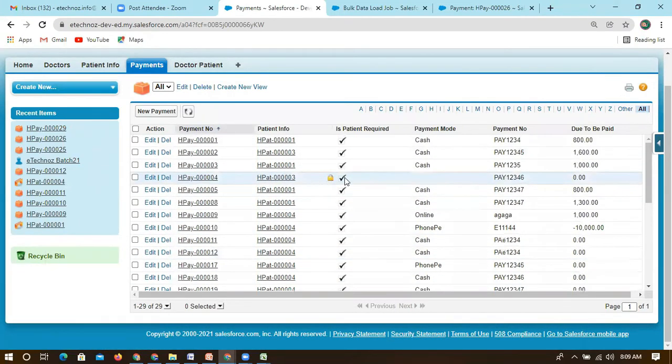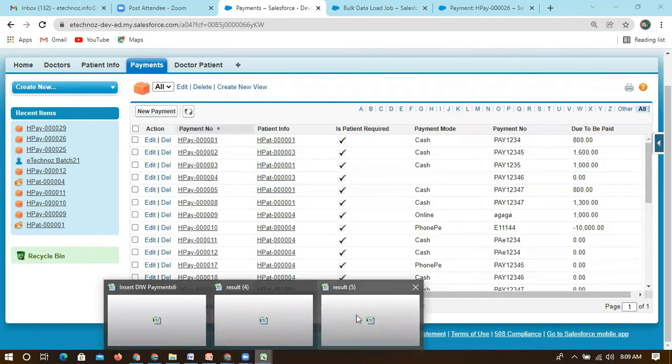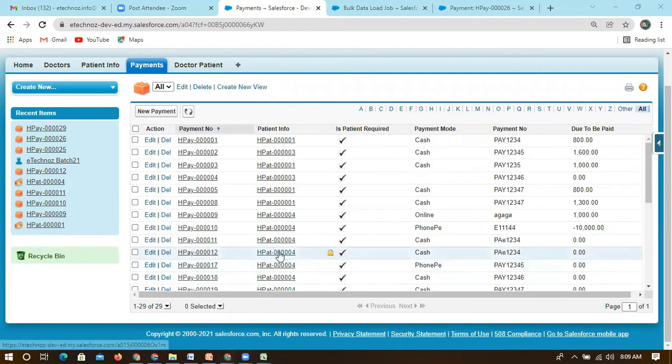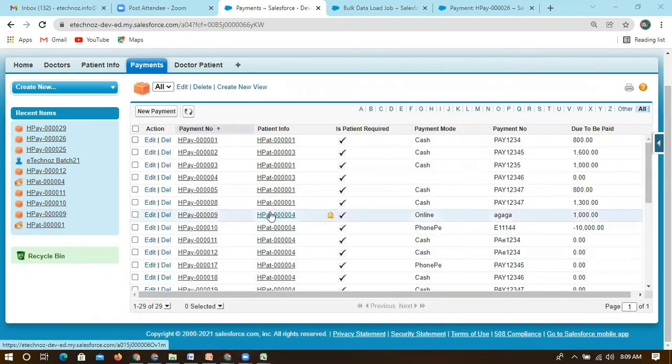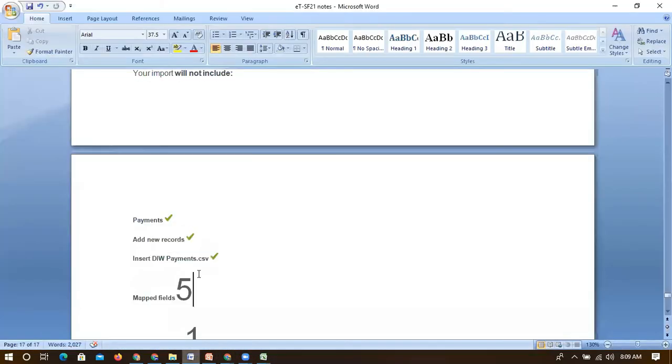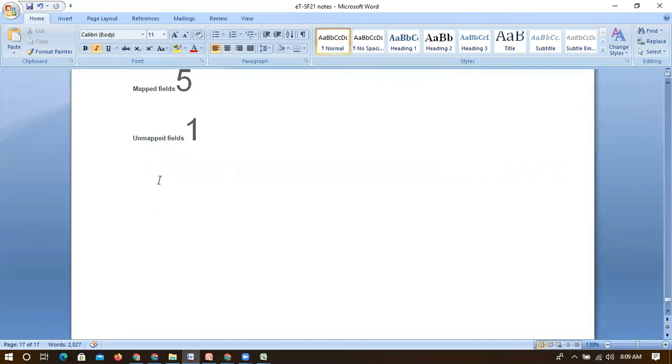Okay, so this is how we can check the data, and how we can import the data. So I guess this is fine for the insert operation. Now we will be doing another activity, something called update. The first activity which we have seen is only insert. Insert means we have just imported data. And now we will see update.